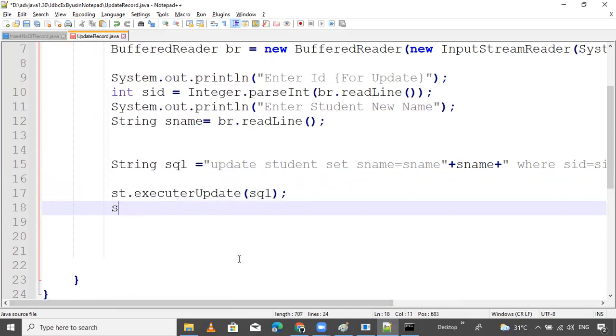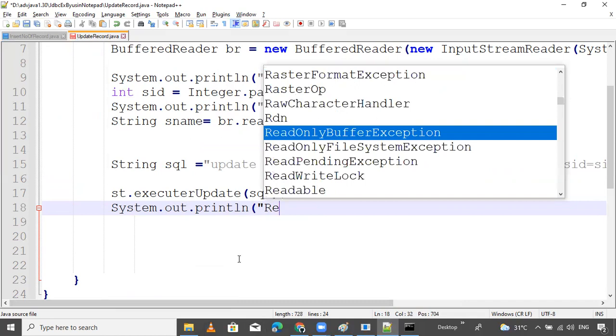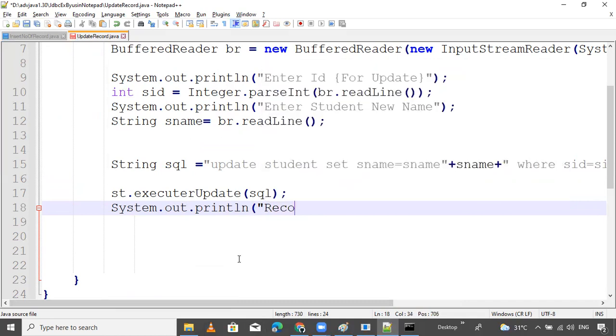System dot out dot println, record updated.